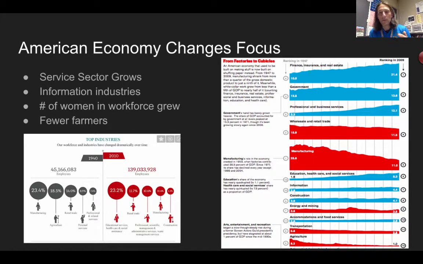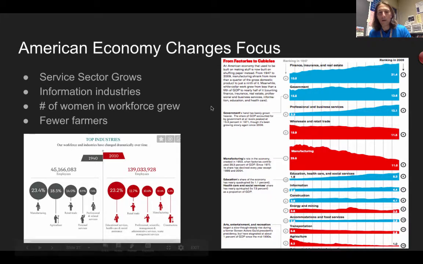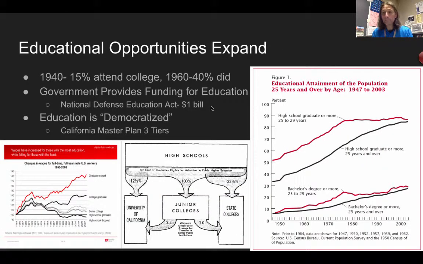The other thing is, with technology getting better, you need fewer farmers to be able to grow more food, and so you're going to see corporate farms beginning to get bigger and bigger and bigger, and that's a trend that's continued. Also, when you look at the number of people involved in agriculture, it's going to continue to shrink. This is 2009, but it's shrunk even more since 2009.